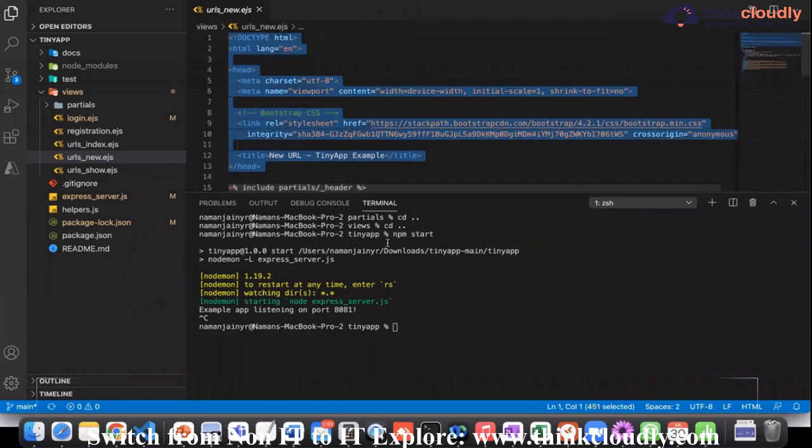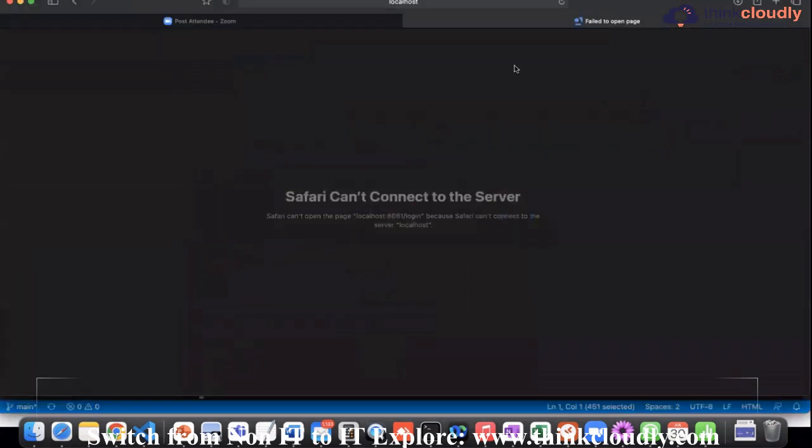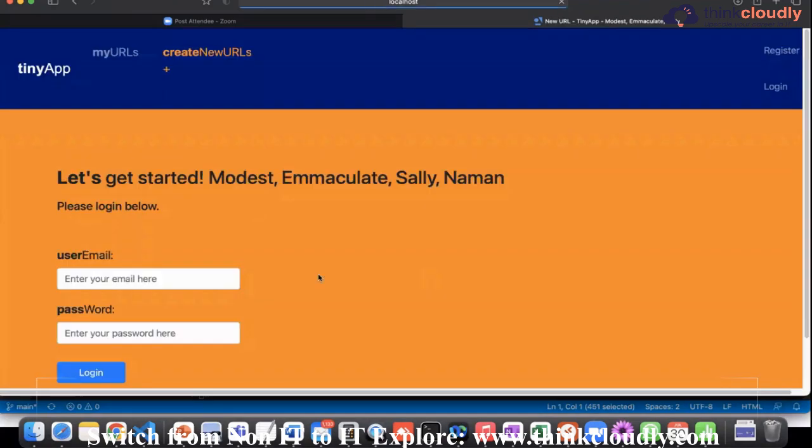And how did I run this application? With some commands. With the help of a command, I was able to start the application. See, if I want to start the application again, I will write npm start and press enter, and my application will start. And if I go and refresh now, my application is accessible. And that's how even Netflix is running. That's how even Facebook is running. Everything is running in the same way.